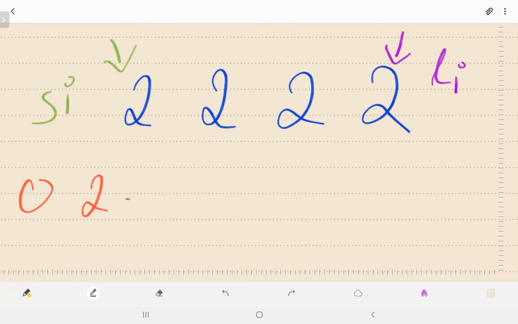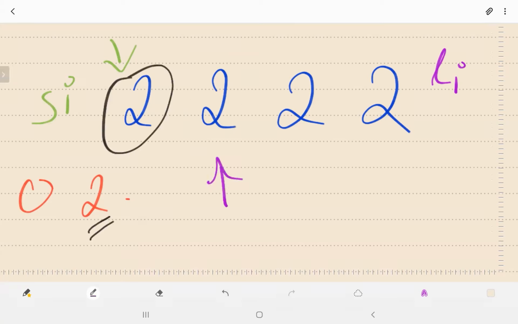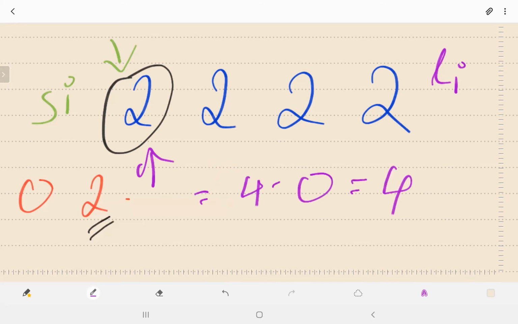Here I've marked Si and Li. This will be mid. We're not simply going to return mid value. We move Li here. Next, mid is going to be at this location. We move Li here. And now that Si and Li have converged, we simply return that index. That index is 0. So our result will be 4 minus 0, which is 4.